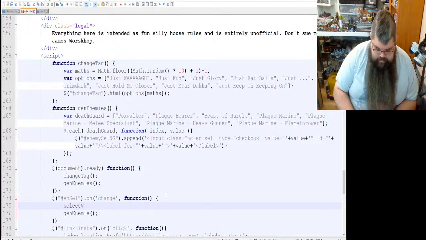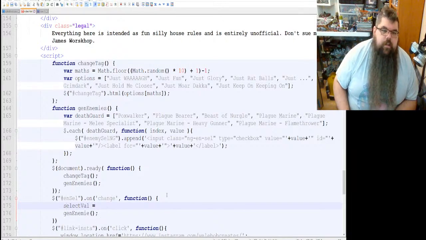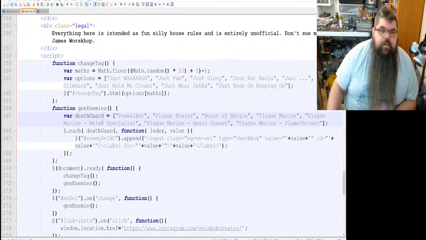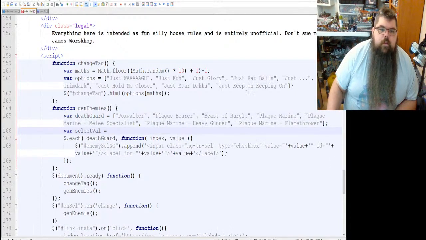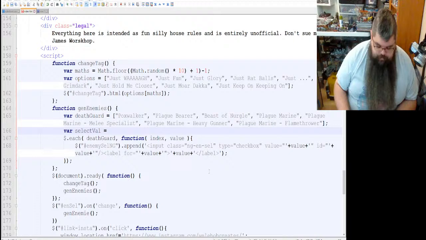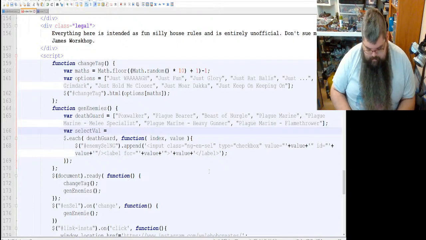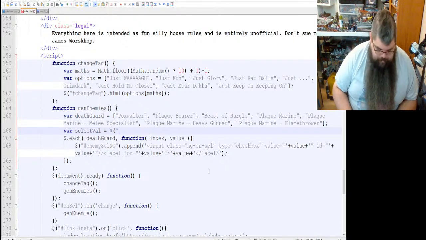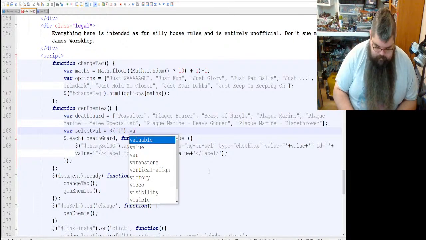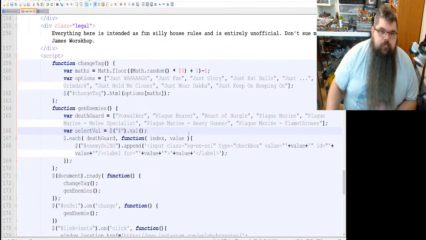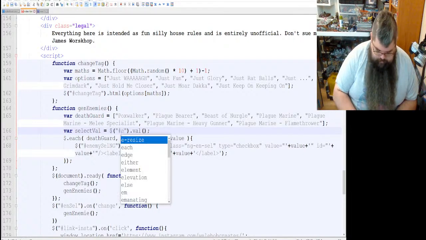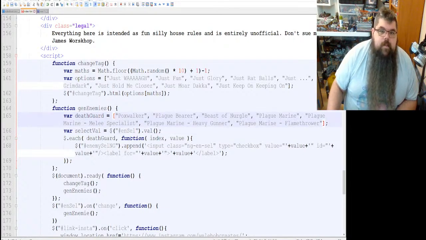All right, so we're making another variable here, and we're going to pass this. Do we want to pass it down from here? No, we don't. We actually just want to use it in here. That's what we want to do. Like that, and we want it to be like that. And this is called en cell, like that.